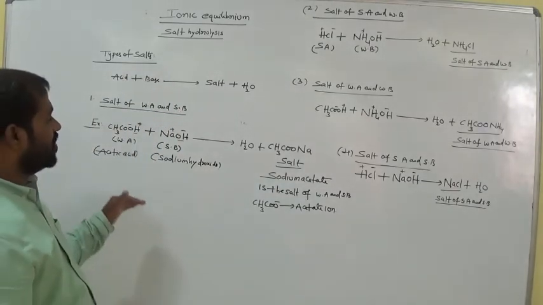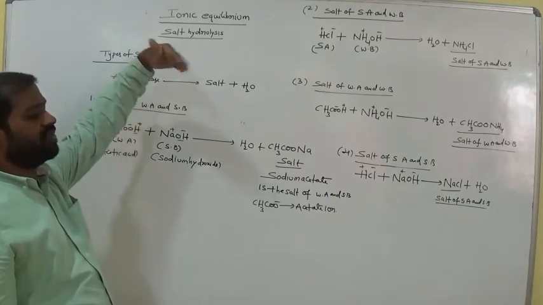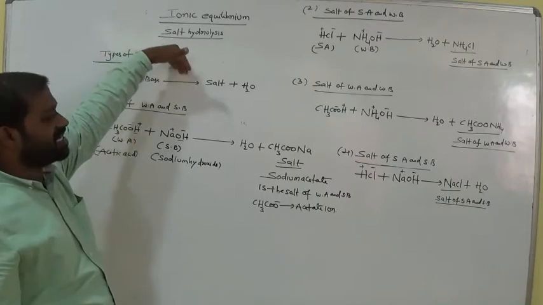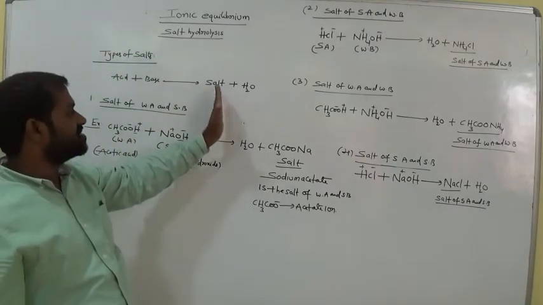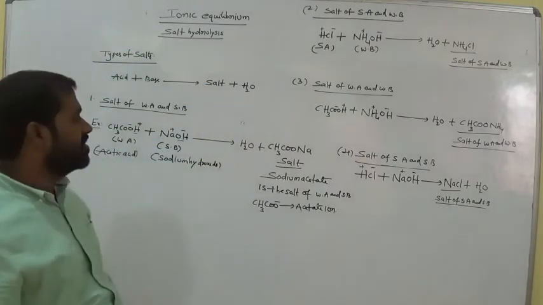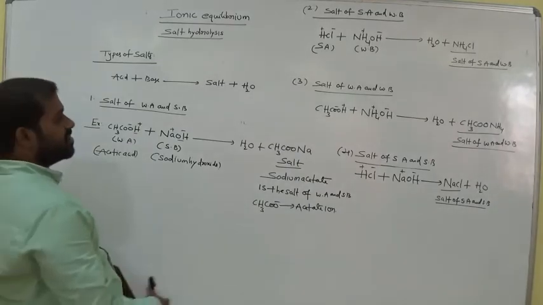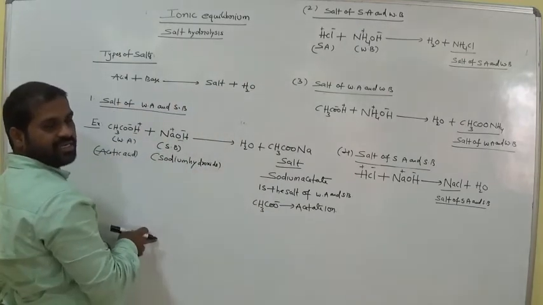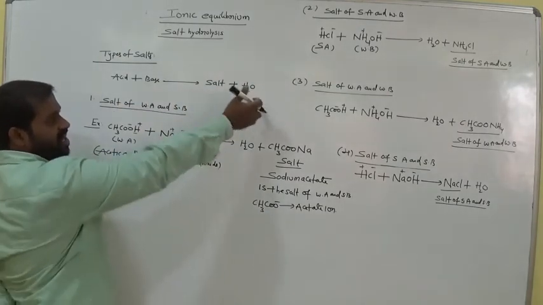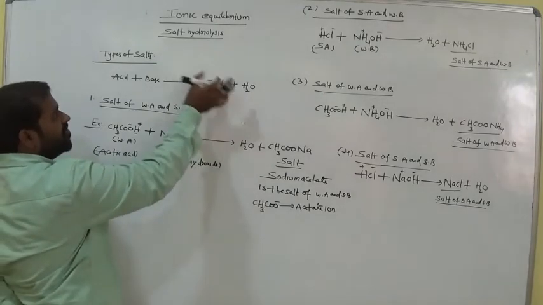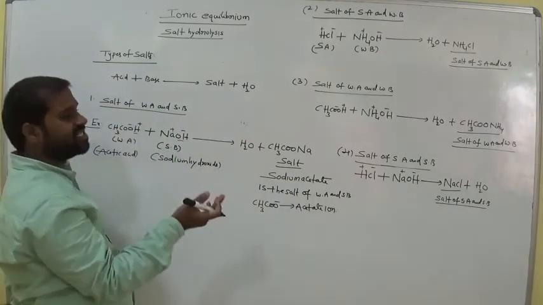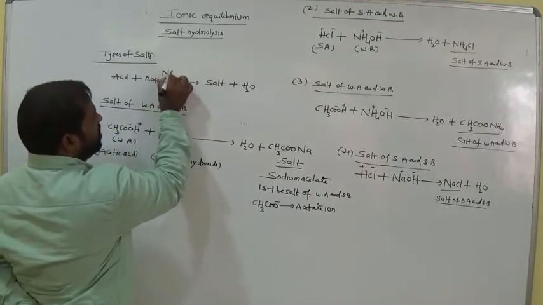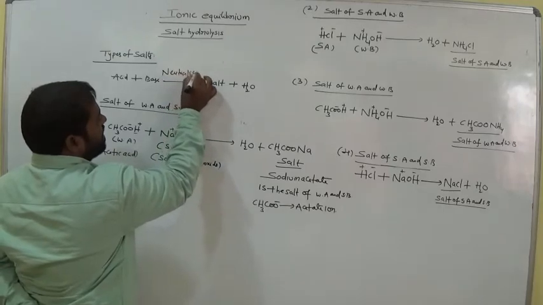So clearly what we need here is what is salt and how we get the salt. The acid and base undergo a chemical reaction, and we get salt and water. This is the fundamental reaction. Again, salt reacts with water, it gives acid and base, am I right? So salt hydrolysis is the reverse of the neutralization reaction, am I right? Neutralization means acid and base give salt and water. This reaction is called the neutralization reaction.